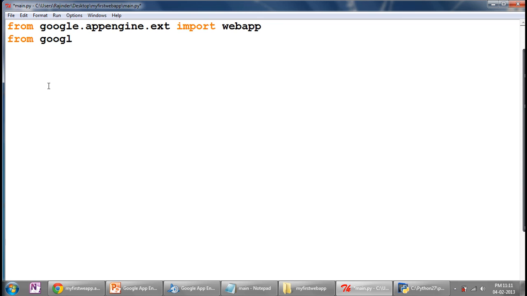Then from google.appengine.ext.webapp.util import run_wsgi_app. You have heard about CGI, Common Gateway Interface. This is WSGI, Web Server Gateway Interface. This is responsible for the post and get methods and different methods we use for the server gateway interfaces. Okay, we have to import this.